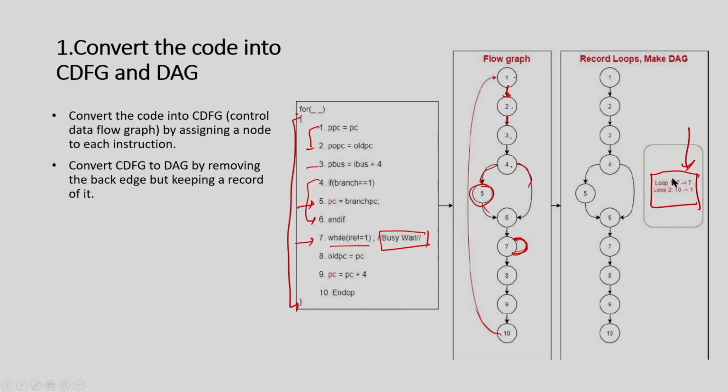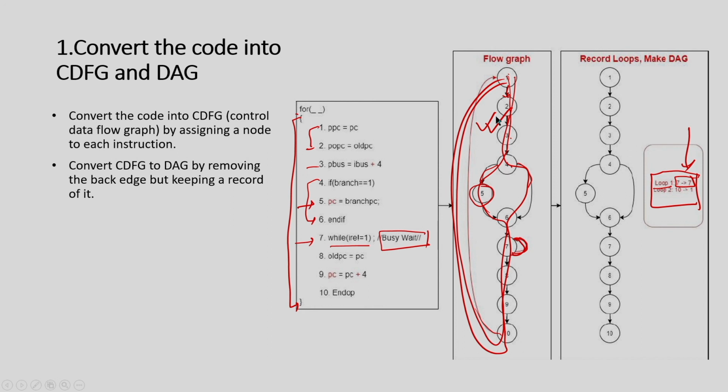Okay. So, there are two loops here. One loop is 7 to 7. So, I am going to keep that as my loop 1, which is basically 7 to 7. So, I will put the back edge 7 to 7. And there is another loop, there are actually two loops, right. This is one loop and this is another loop, right. So, there are two loops here, but for both the loops this is the back edge, right.